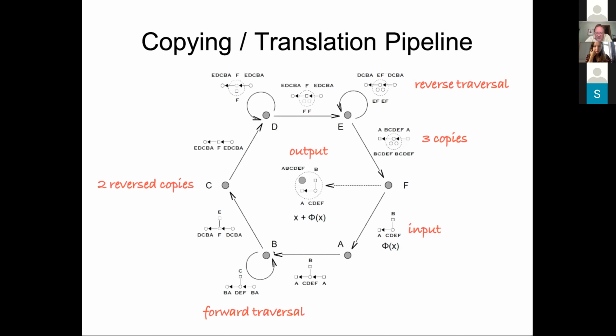There's a forward traversal of the plasmid, which produces 2 reversed copies. And then there's a reversed traversal of those copies with a simultaneous second copying action, which produces 3 copies of the plasmid in total. That leaves 2 surplus. One is the input again, 2 surplus, 1 is program and 1 is data. So this 6-step process does translation and copying